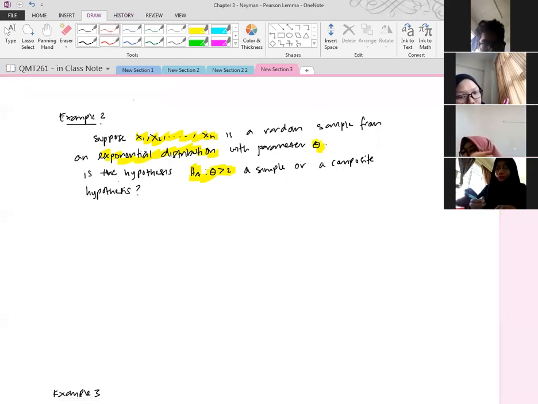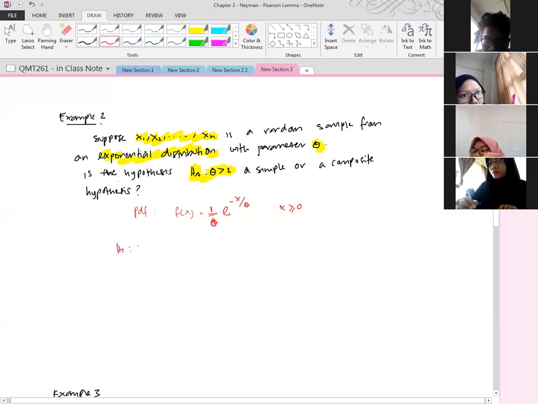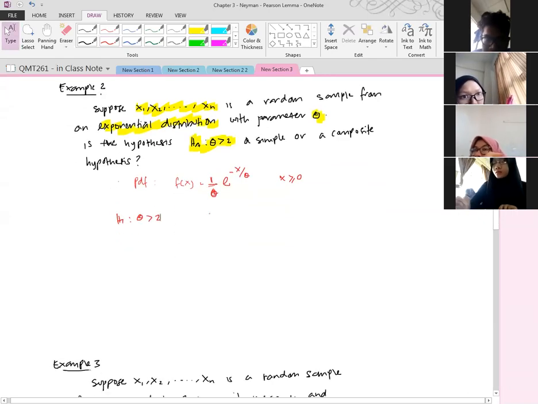Again, we need the PDF of the exponential distribution, which is f(x) equal to 1 over theta exponential negative x over theta, for x more than or equal to 0. Under the hypothesis theta more than 2, it can be f(x; theta equal to 3), f(x; theta equal to 4), and so on,